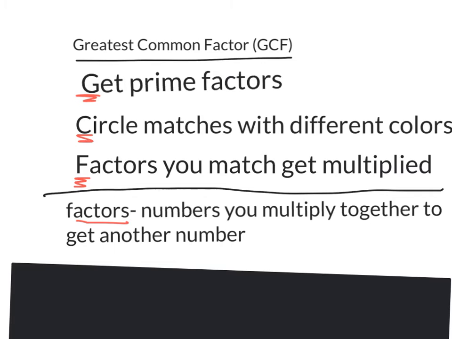So one way of thinking about greatest common factor, it's kind of like the biggest number that the numbers could both be divided by evenly. When you look at numbers, sometimes you might have an idea of what the greatest common factor is, but sometimes it's still good to just work the problem out, just to make sure that you've actually got the greatest common factor, that you've got everything and not just part of it. You know, it's getting the prime factors, and then